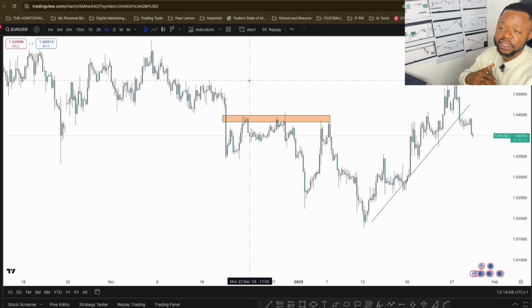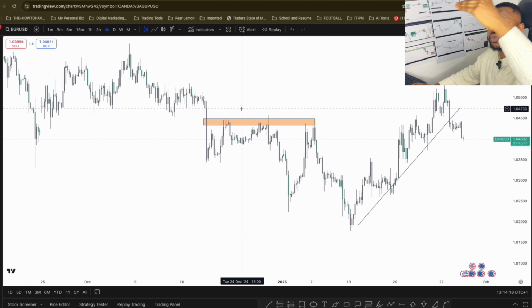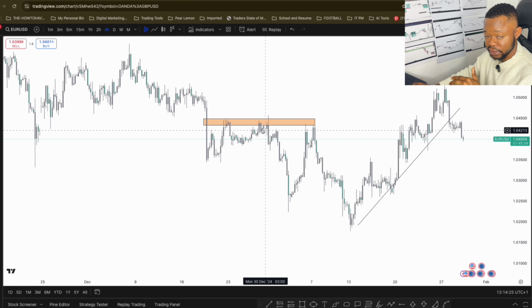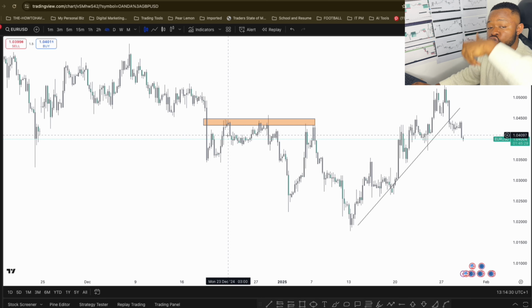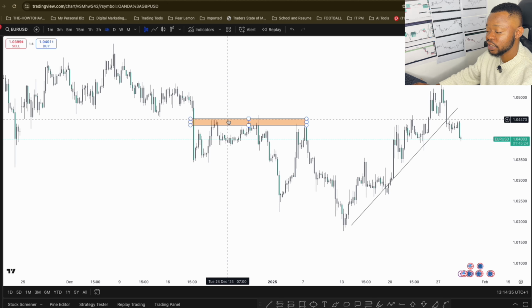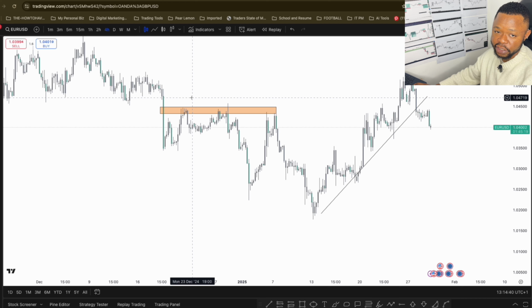So support and resistance means the ceiling. The ceiling refers to resistance. So let's say you have a ball and decide to bounce the ball on the floor. Once it gets to a roof, a ceiling, and it can't go more than that, that is a resistance level. So that's what it means in the market, a resistance level. And let's say we throw something from the top to the floor, and the force of gravity pushes that thing all the way down to the ground. But when it gets to the ground, there's no way for it to go lower. That is the support level. So that's what we have in the market.